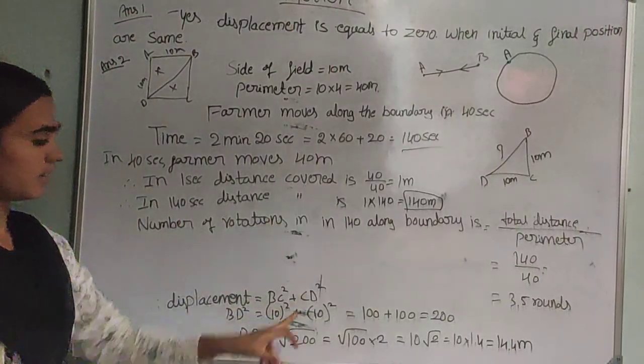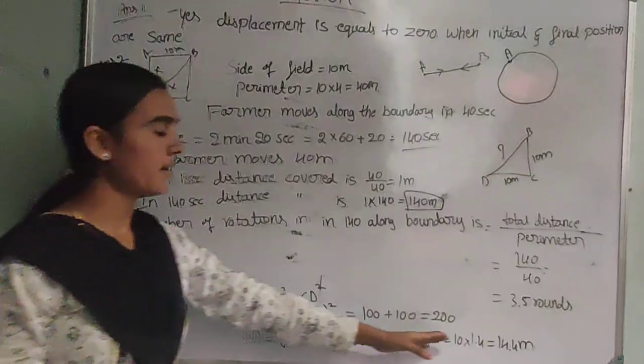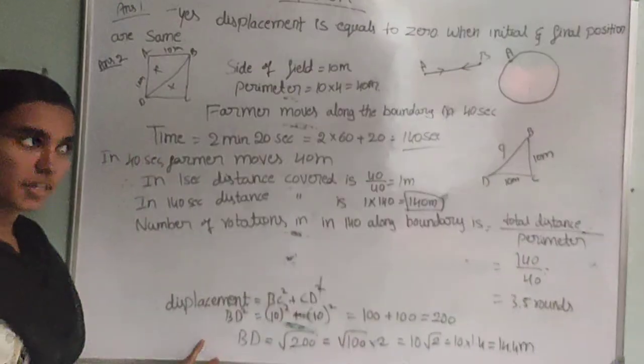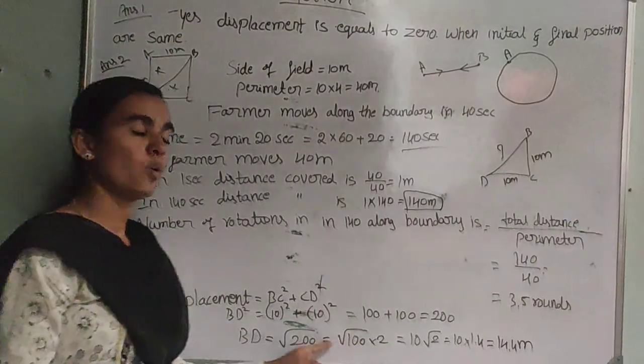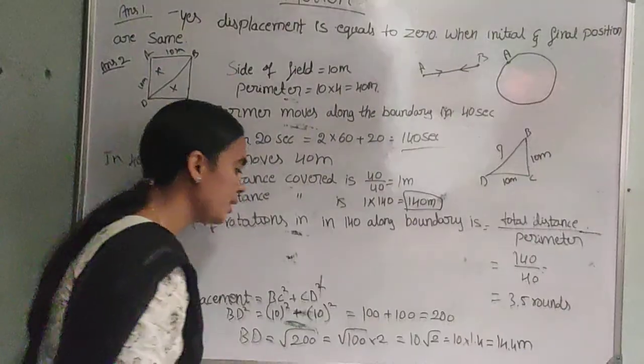BC is nothing but 10 meter. CD is also nothing but 10. So 10 square is 100, plus 100, that is 200 meter. So we have BD square. Just removing the square, BD is root of 200. And this 200 can be written as 100 into